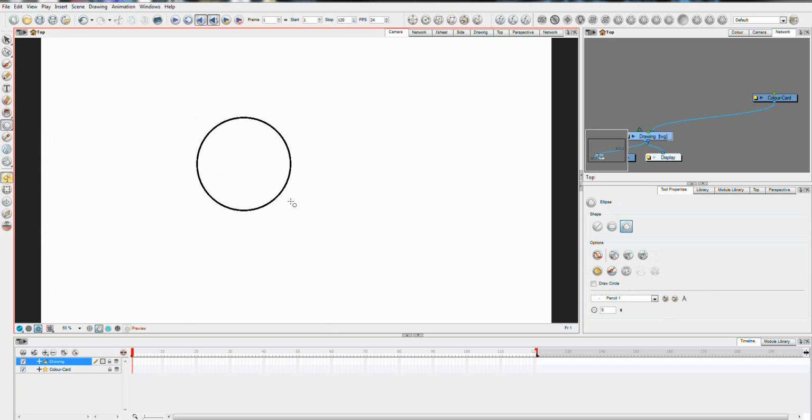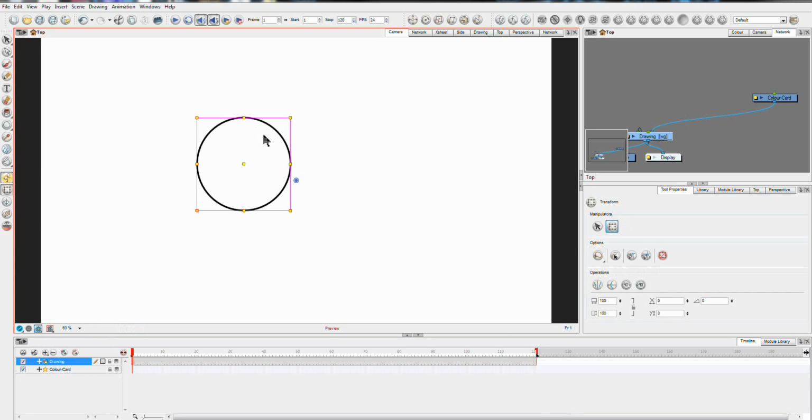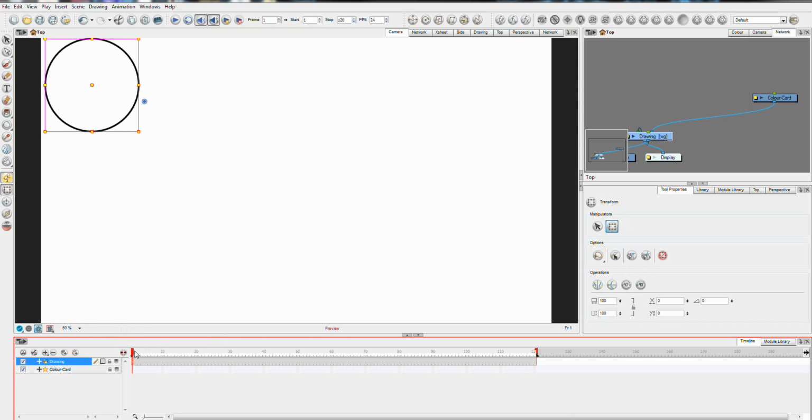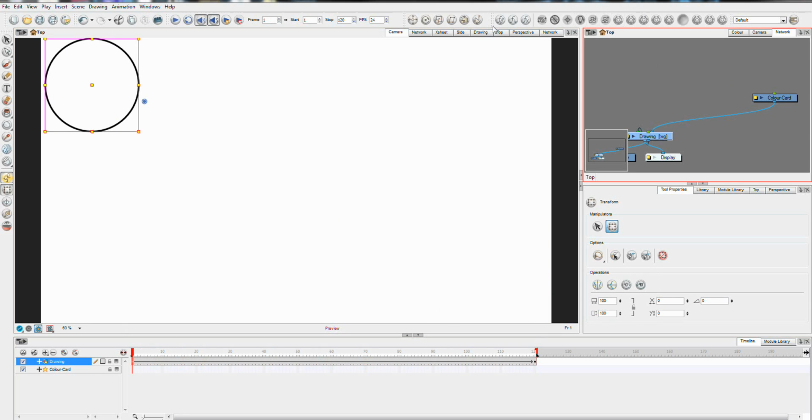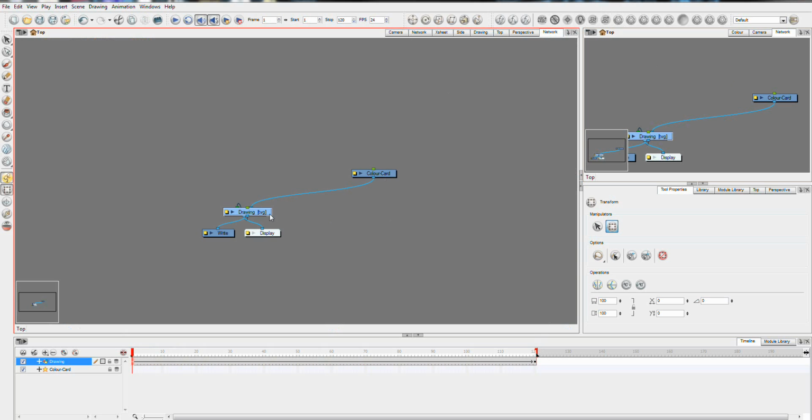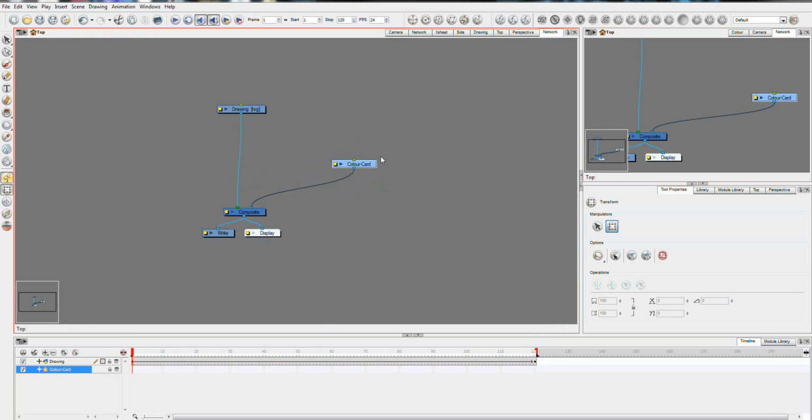So I'll just do an ellipse and we'll animate this. So we'll extend its exposure, go to the first frame, we'll just throw it up in the top corner and we'll just animate it down. So here we go, and now we've just got our circle animating. I'm just going to go into network view and arrange this. I've put a color card in just so that we've got a white background so that we can actually see